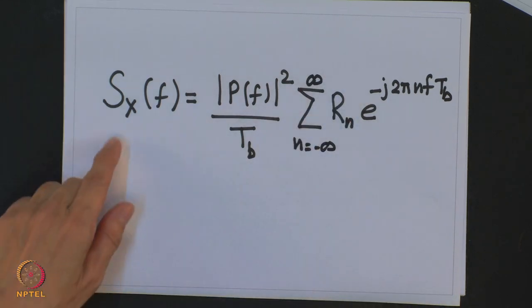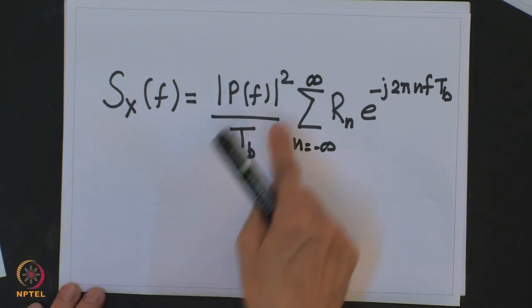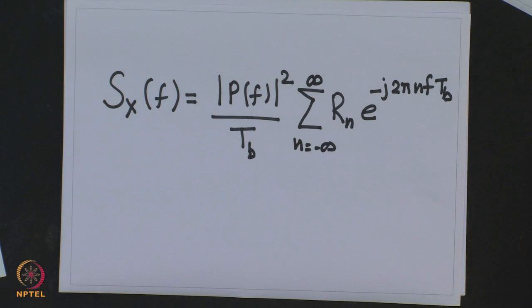So, we see that the power spectral density is heavily dependent on the choice of the function p(t). This we have derived, power spectral density for a very generic line code. We will try to evaluate this power spectral density for some specific line codes like polar, bipolar, and this we